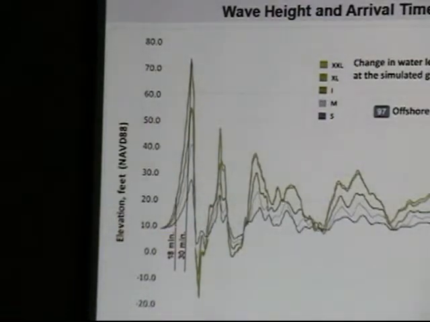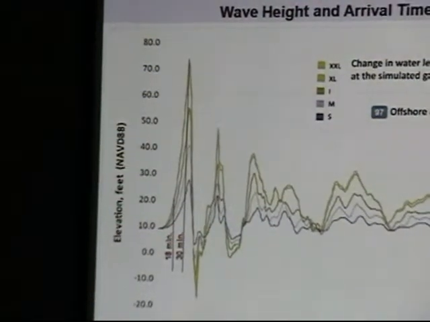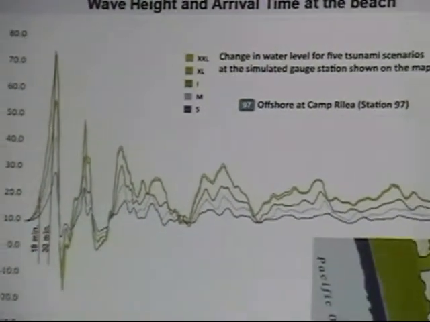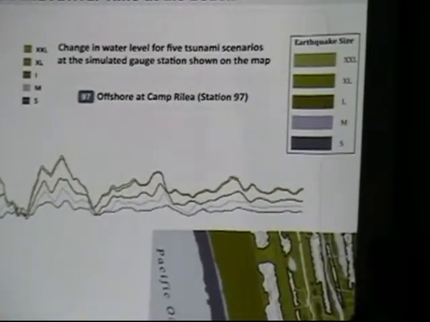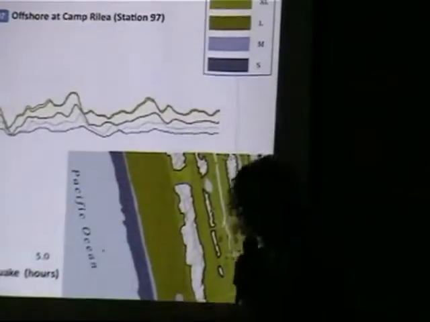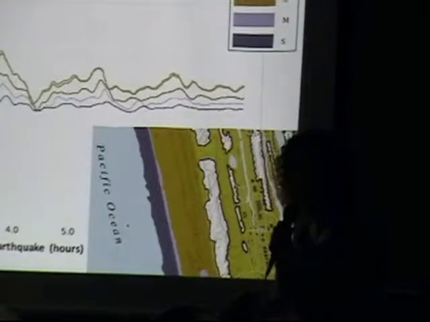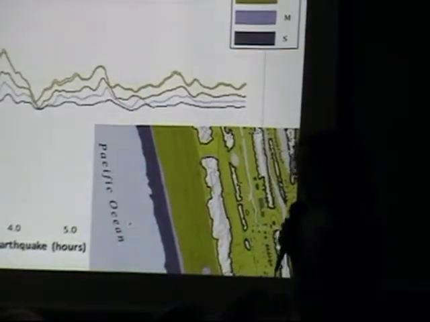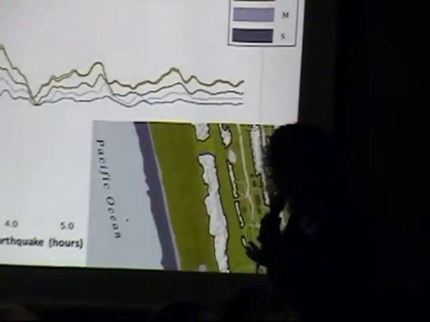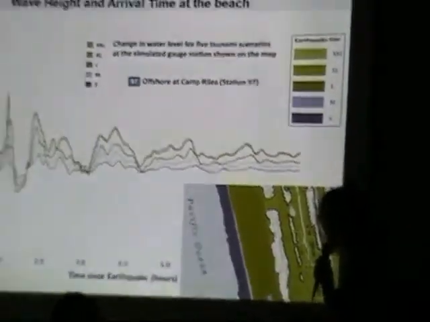If you're in downtown Warrenton, you're working and you're sitting, you have a little bit more time to grab your bag. If you're on the beach, you need to be heading toward high ground immediately because it's a really big wave and it's really fast. And so that's why we tell people you have 15 to 20 minutes, because if you are on the beach, it's reality. You really do only have 15 minutes to try to make it to high ground.